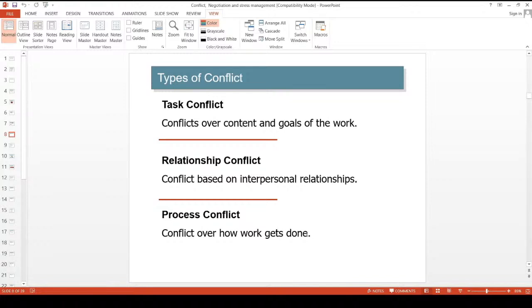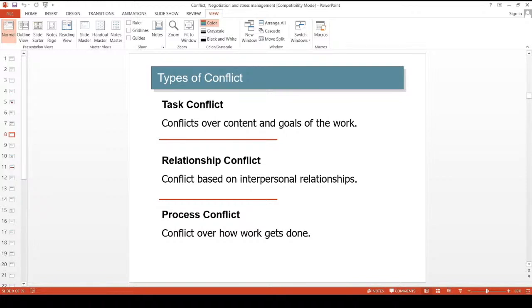Low to moderate levels of task conflict are functional, and studies demonstrate a positive effect on group performance because it stimulates discussion. When task conflict is within the level of low to moderate, it is considered functional conflict. But when task conflict goes above a particular level, it can be dysfunctional conflict for the organization,